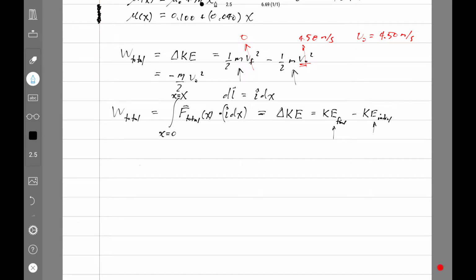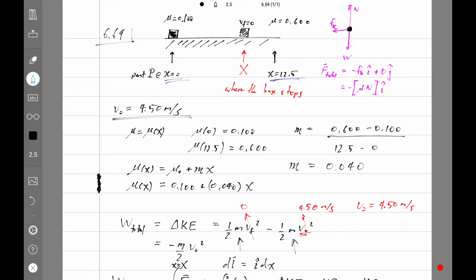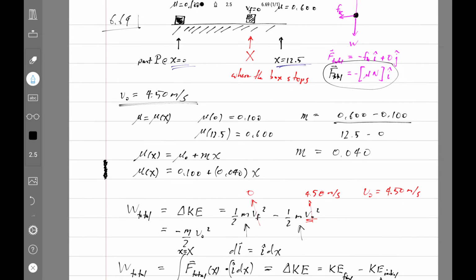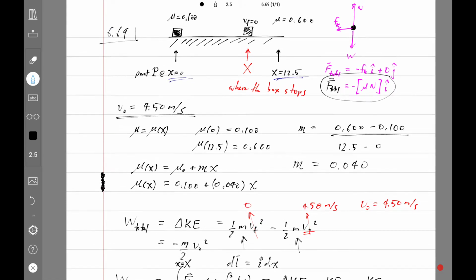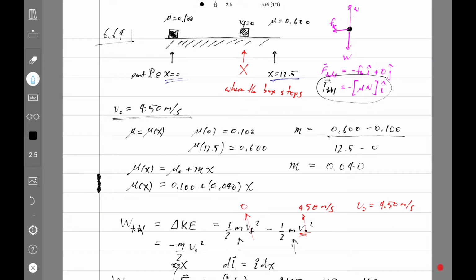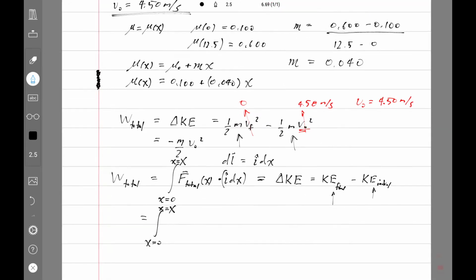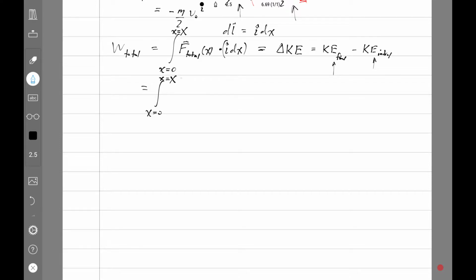Okay, so let's start putting the pieces together. Little x equals 0 and little x equals capital X. I don't know what this capital X is. F total is just due to the kinetic friction, minus mu n, and n has to be equal to the weight, because those two forces in the vertical direction balance. So that was negative mu of x times n for the total force,